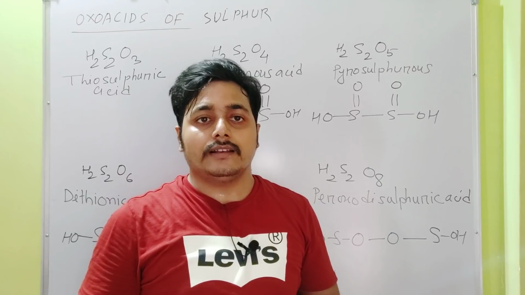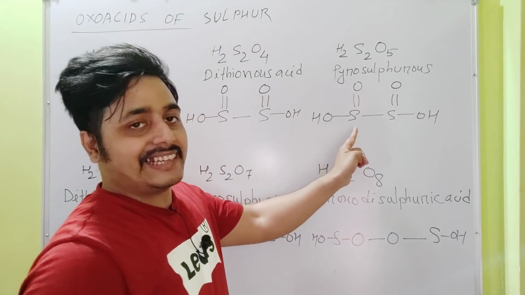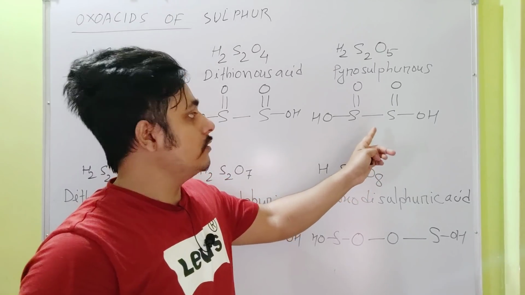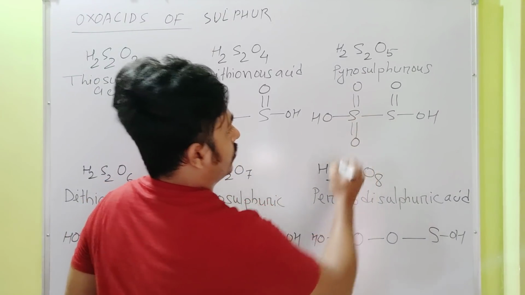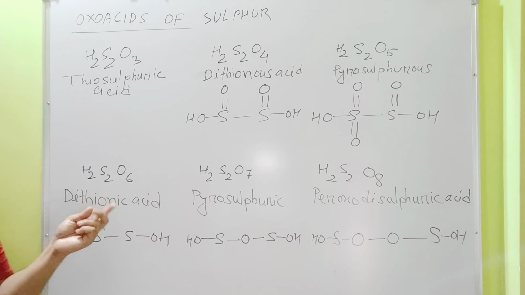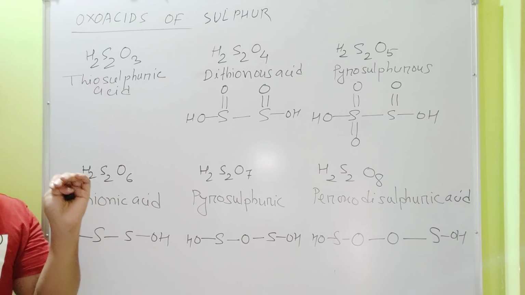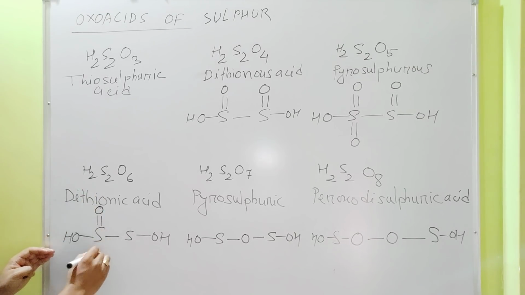So we have another double bonded oxygen that can be placed either at this sulfur or at this sulfur. I place it here. Okay. In this case, we have placed two oxygen atoms. That means this compound is left with four oxygen atoms, and all four are double bonded. So distribute them equally. Two double bonded oxygen here and two double bonded oxygen here.